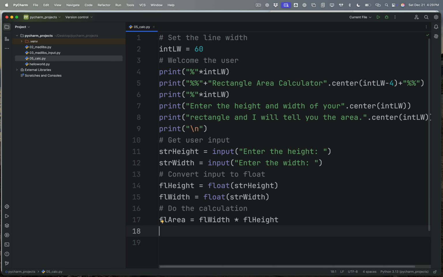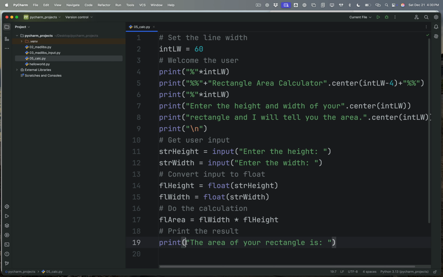There it is. And then I'm going to print the result. Next. And so if I want to print the result, print the area of your rectangle is,